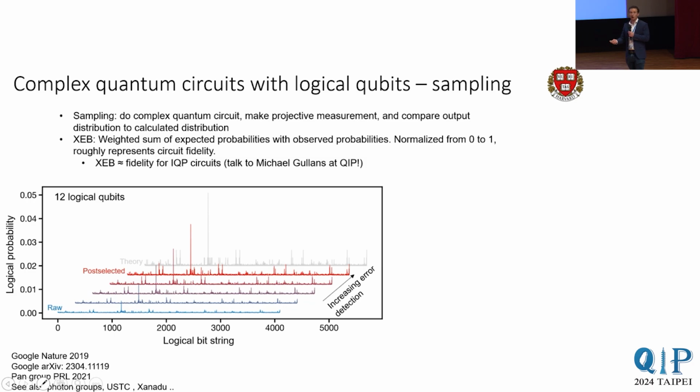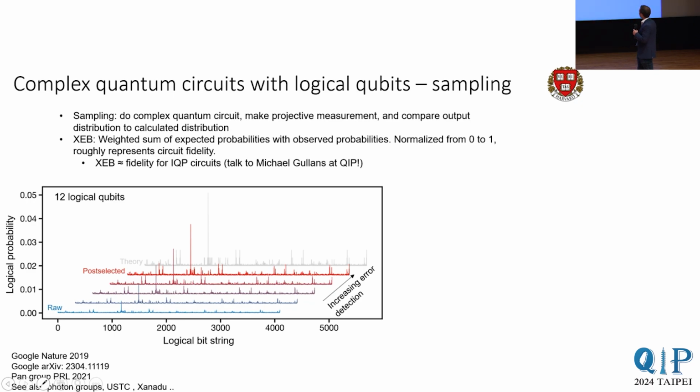So, okay, this is what our experimental data then looks like. In this experiment, we're doing post-selection and throwing away data by utilizing our stabilizers to do an error detection approach, because it's only distance 2, so we can't do correction, at least for this experiment. We'll do correction in a little bit. What we see is that this theoretical distribution in the back has these tiny peaks, and the raw distribution is starting to overlap with them and show some agreement. But as we increase the amount of error detection that we do, we start to see better and better overlap between the measured logical outcomes and the theoretical distribution.